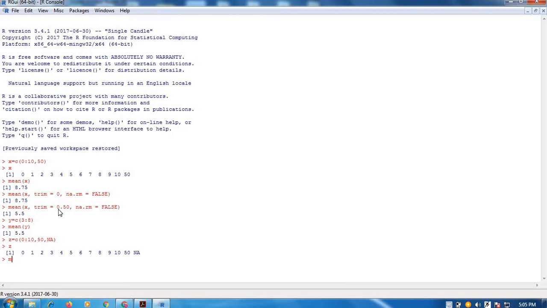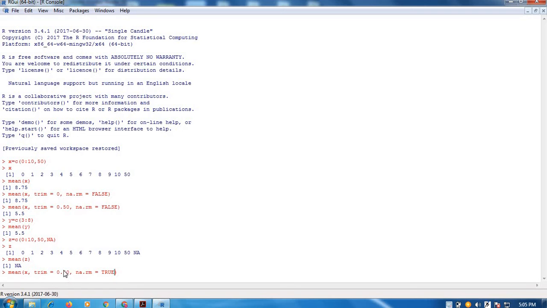Now if we take the mean of this, I already have one command here for mean, so I am just replacing the variable. See, the value is NA, because one of the values here is NA, that's why you are getting the mean as NA. So what is a good practice? Good practice is, if we want the mean of the remaining values, then we should remove it. So here in this command what I need to do is write capital TRUE.